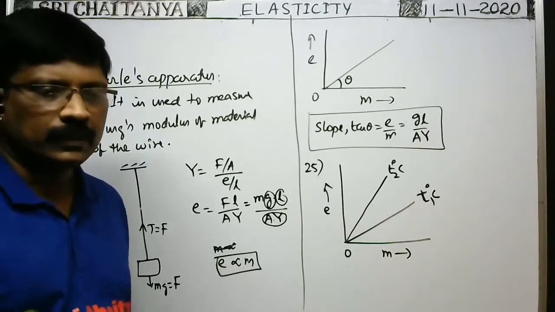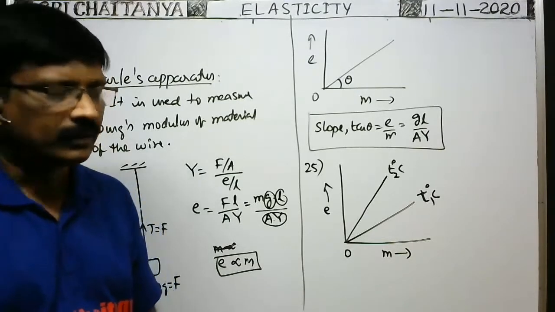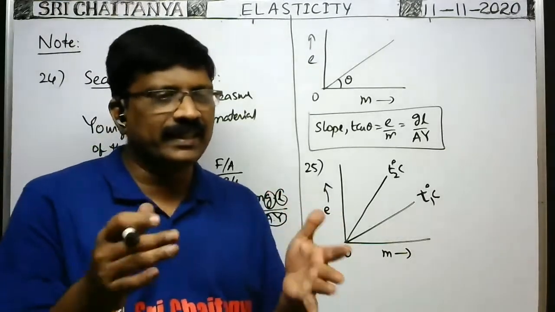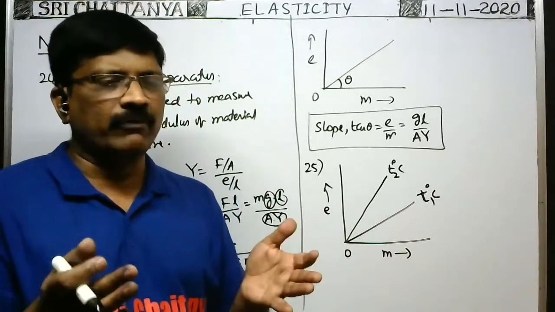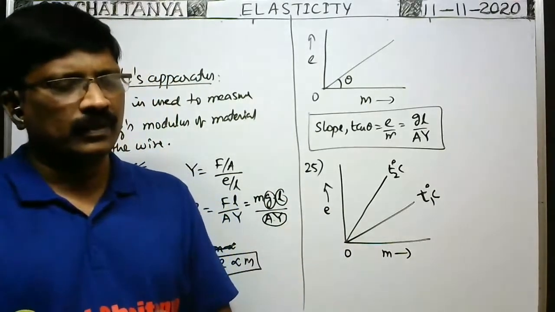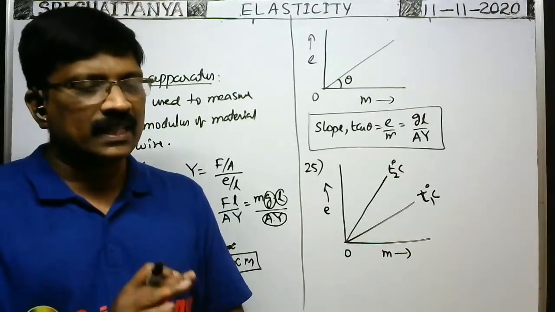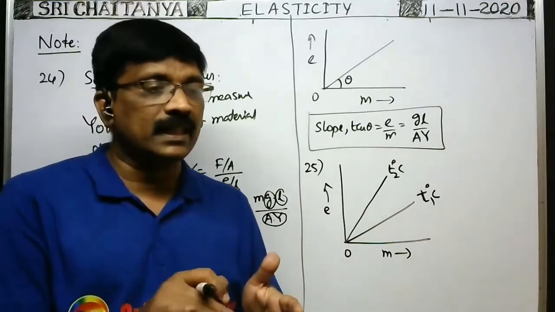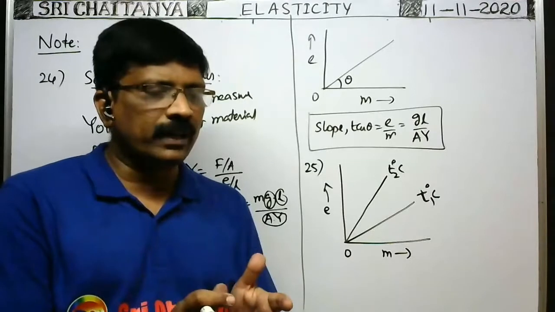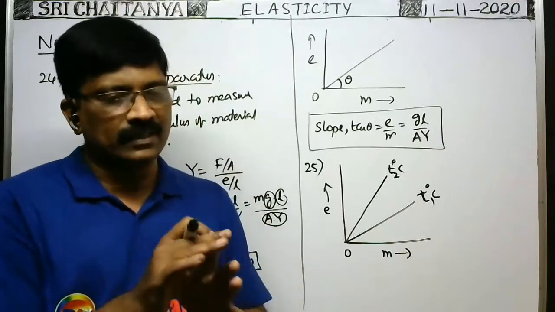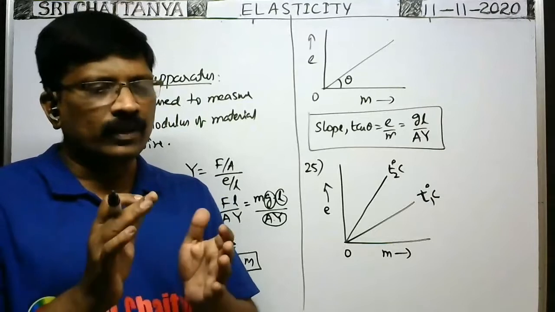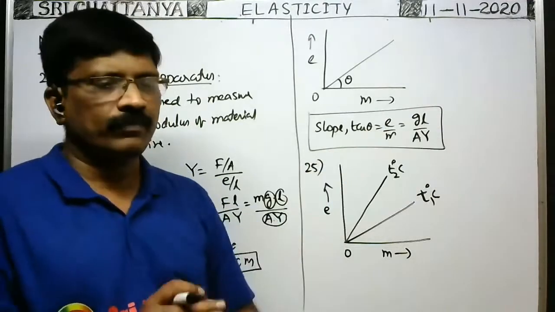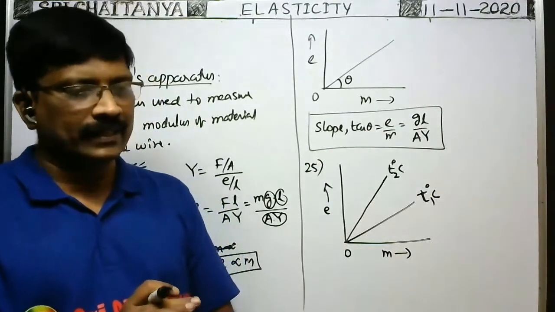Okay. You see, whenever the temperature is more, when the wire is heated, expansion takes place in the wire. Because of heating, thermal expansion takes place in the wire. Expansion of the wire upon heating is called thermal expansion. Expansion of the wire because of load suspended is called elongation. That is different. So here, whenever the temperature is more, because of thermal expansion, the length of the wire will increase.